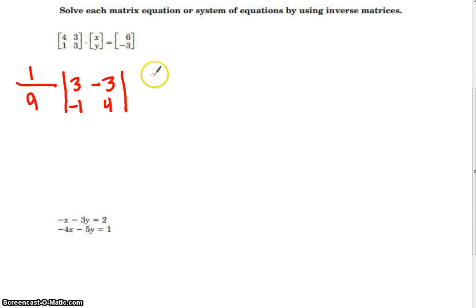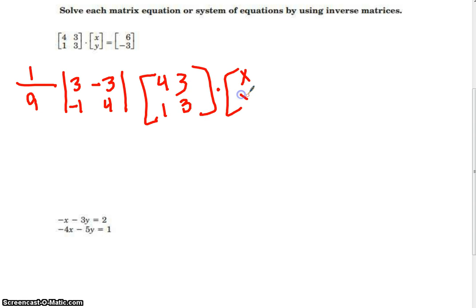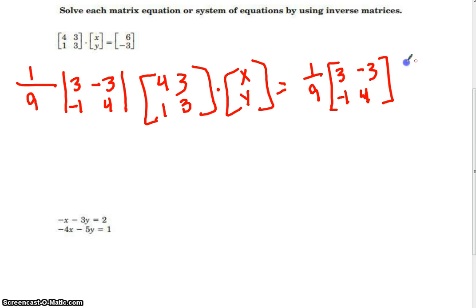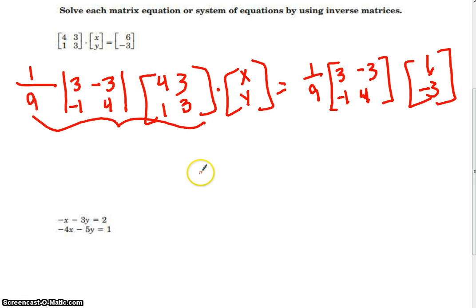Okay, this would be multiplied by what was already there. So times 4, 3, 1, 3 times X, Y. And then you do the same thing on the other side. 1 over 9 times 3, negative 1, 4 times what was already there, which is 6, negative 3. So when you do all of this, you're going to get your inverse, okay, which is your 1, 0, 0, 1 times X, Y